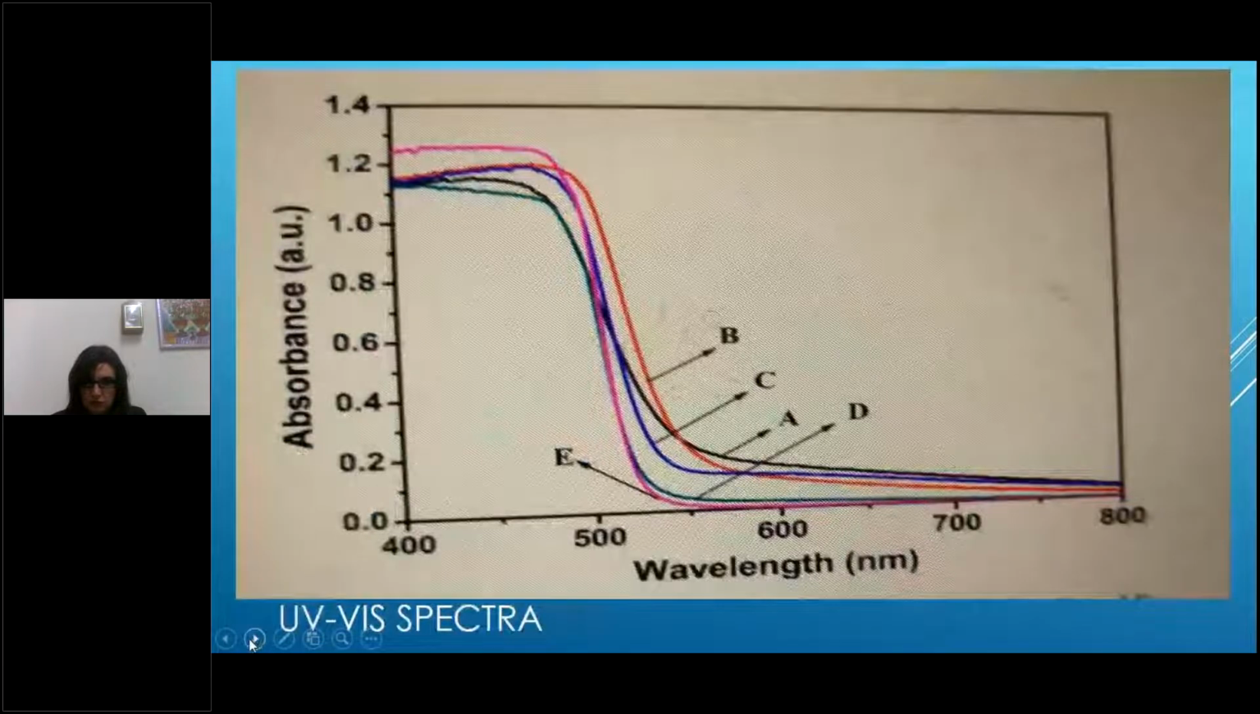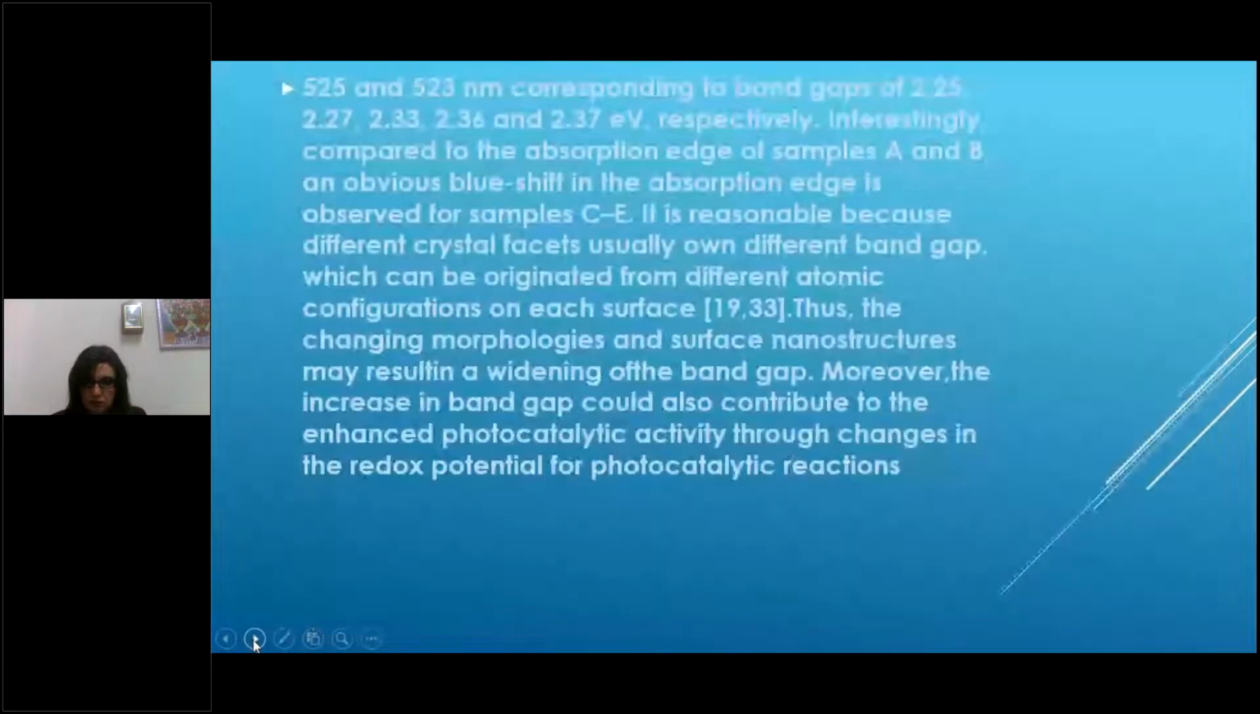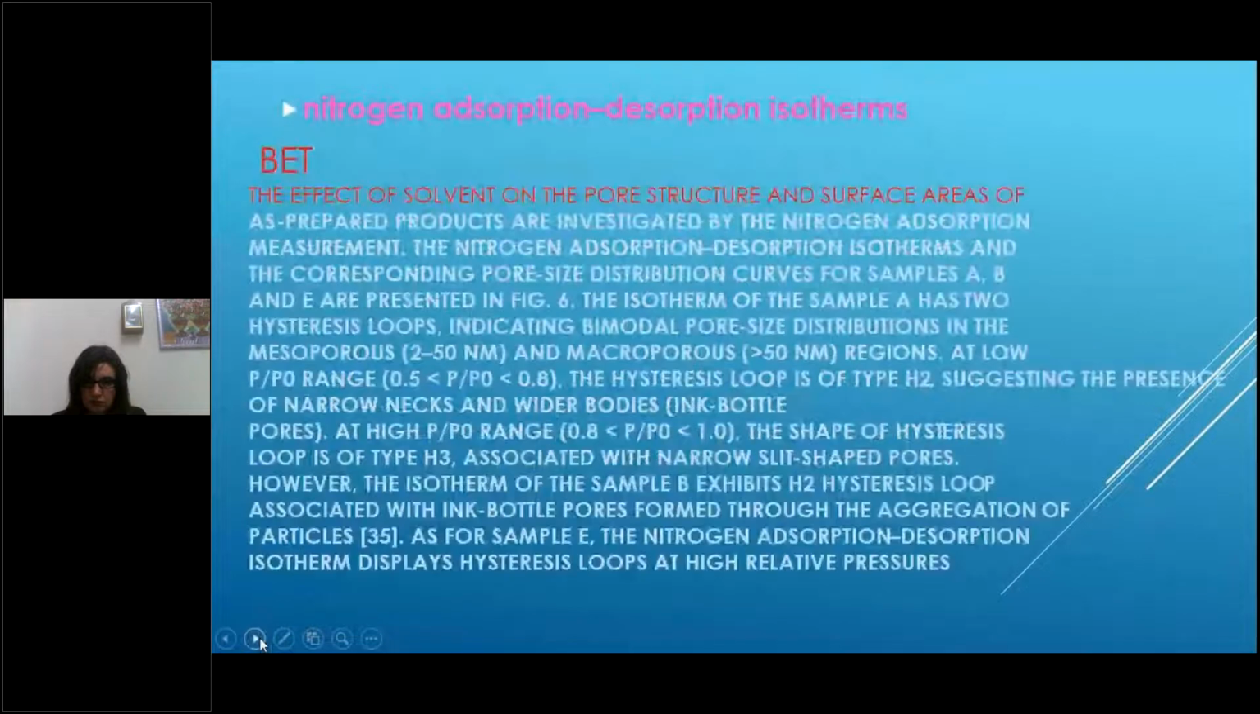Here you see the UV spectra. The analysis results showed that the effect of solvent on the pore structure and surface area is different. The nitrogen adsorption-desorption isotherms and the corresponding pore size distribution curve are presented in the figure. The isotherms of the sample have two hysteresis loops, indicating bimodal pore size distribution in the mesoporous and macroporous